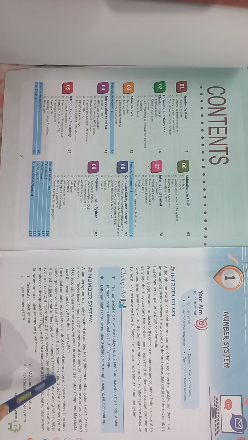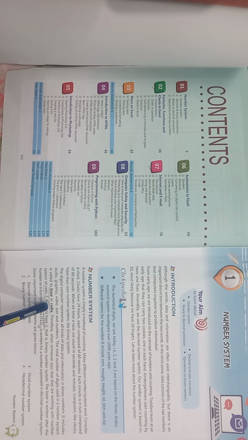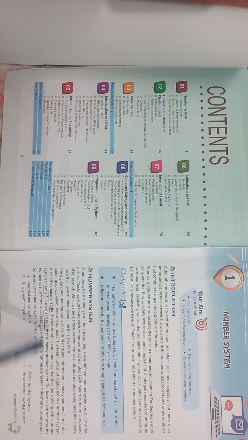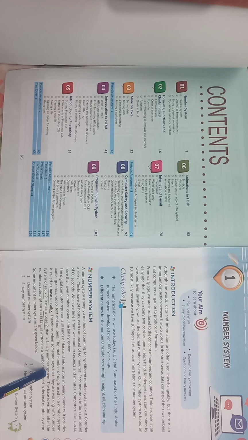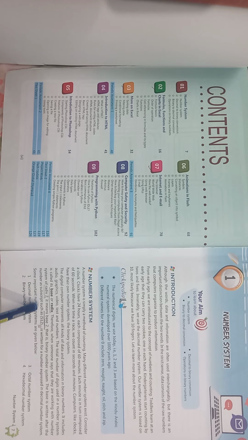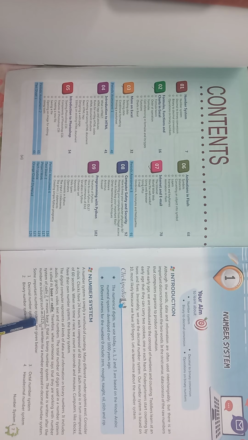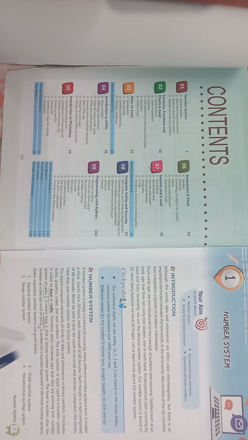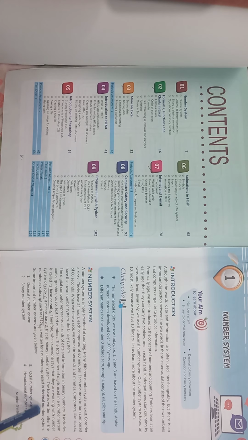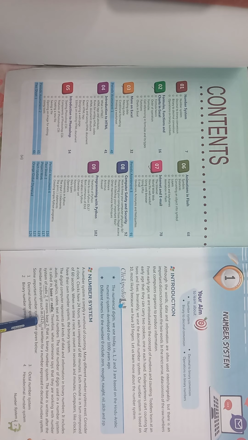The total number of digits used in a number system is called its base. If we have two numbers, suppose 0 and 1, then it means its base is 2. That is the binary number system. The base is written after the number as a subscript, such as 512. The base 10 is written for a number expressed in the decimal number system. Here the number is 512 and the base 10 is written below that particular number, so it is a decimal number system.